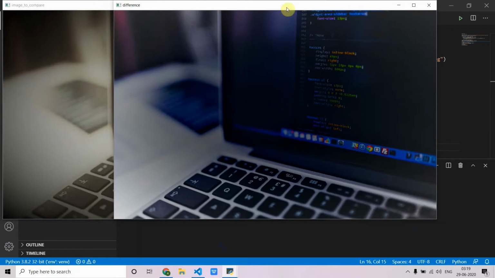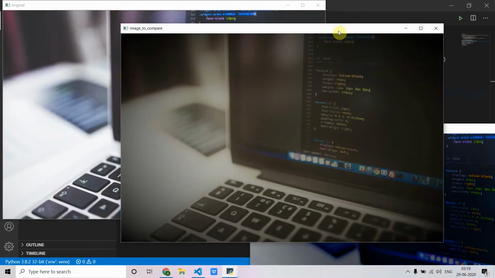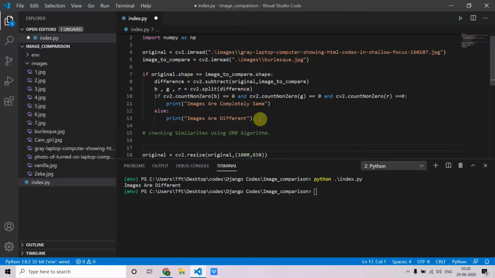So to find out the similarities between both the images, we are going to use a different algorithm. For the ORB algorithm, we have to create an ORB detector.